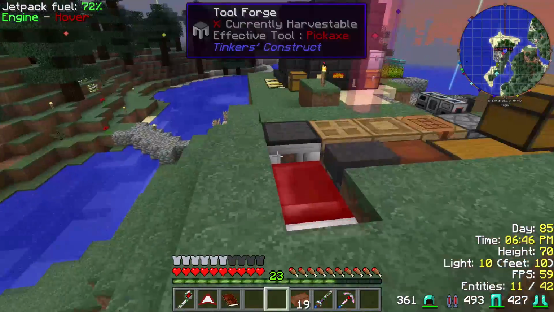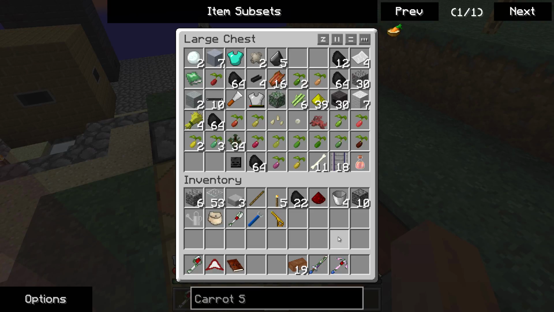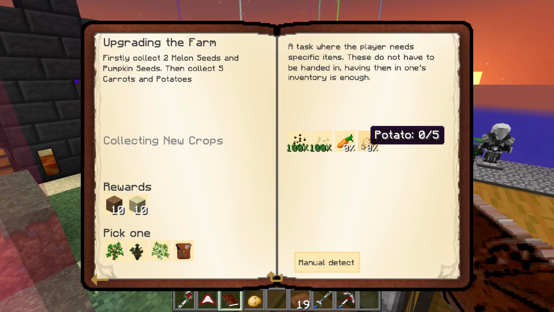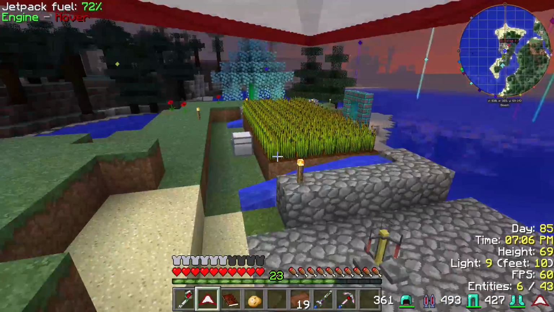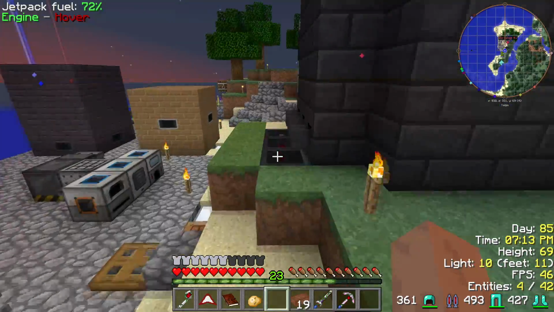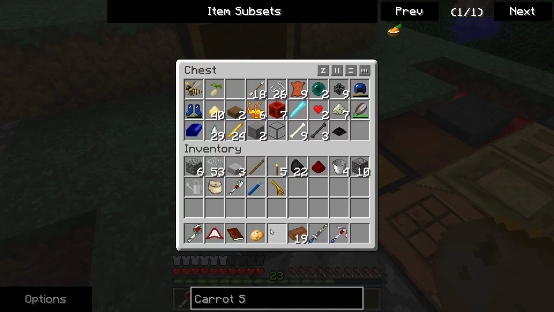I do have a potato, though, I believe, somewhere in these chests. Maybe I don't have a potato. Oh, yep, potato. Haha. Oh, I gotta have 5 of them. Oh my god, you make my life so hard. I think I'm gonna grow these in... Well, it'd just be a pain to grow them in the mining realm. I'm not gonna work on the farm, or any farms today, so...